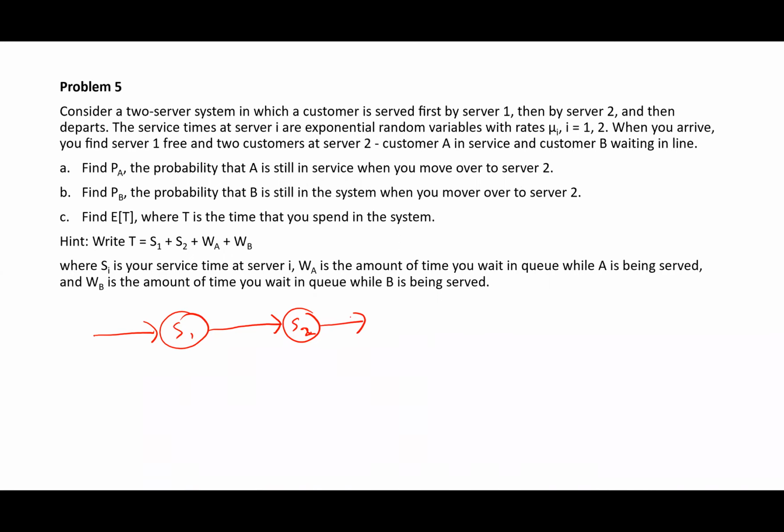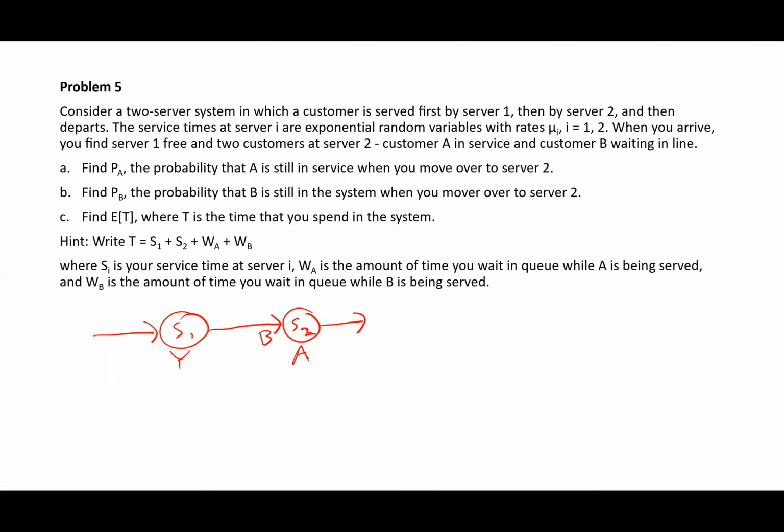and then leave. Okay. When you arrive, you find server 1 free and 2 servers at server 2. Customer A in service and customer B waiting in line. So I'll put A over here to represent that A is in service. I'll put B over here representing the fact that B is waiting for service. And I'll put X as myself, or you, the person who just arrived. I'll represent as Y. Okay, so Y just arrives, and then we're going to go right into service because there's